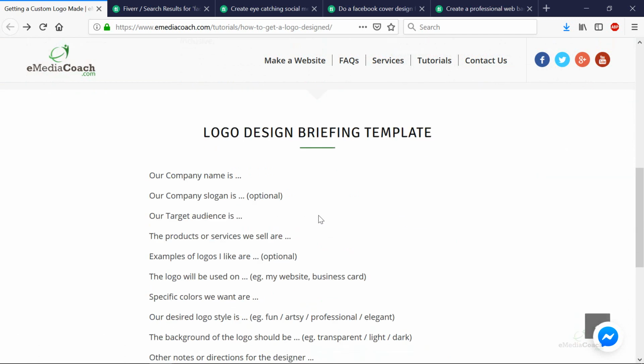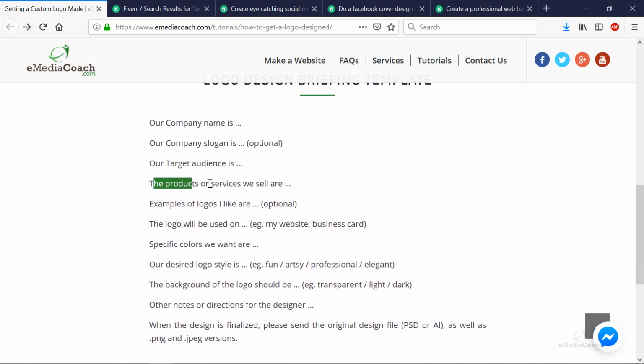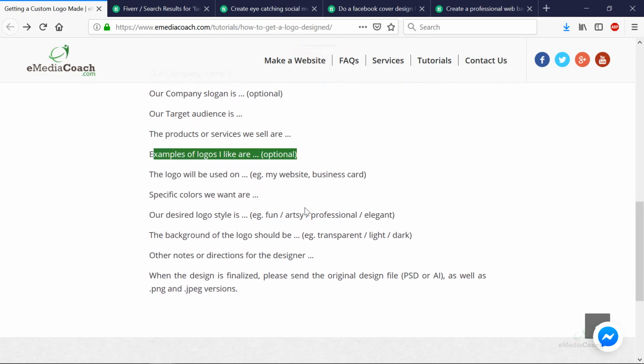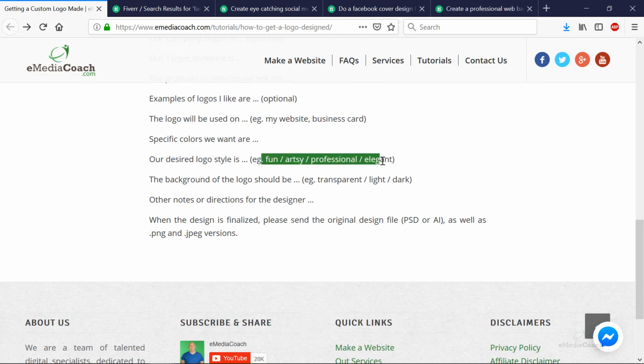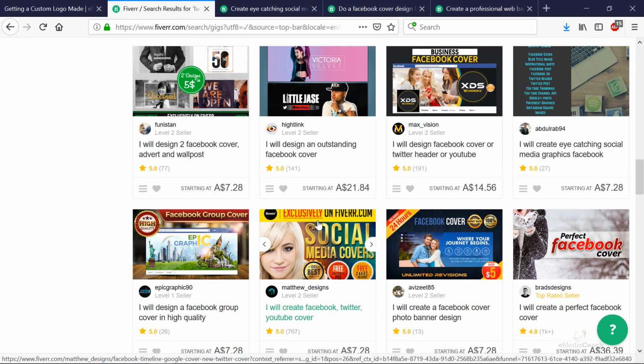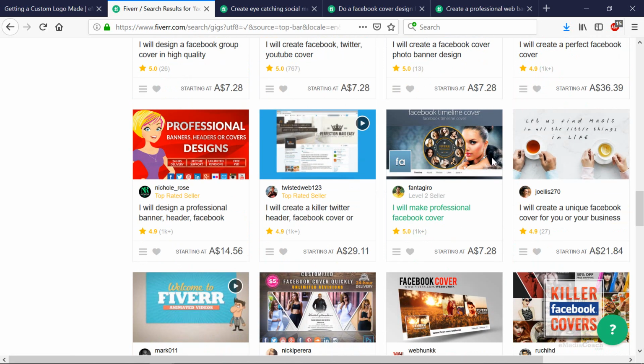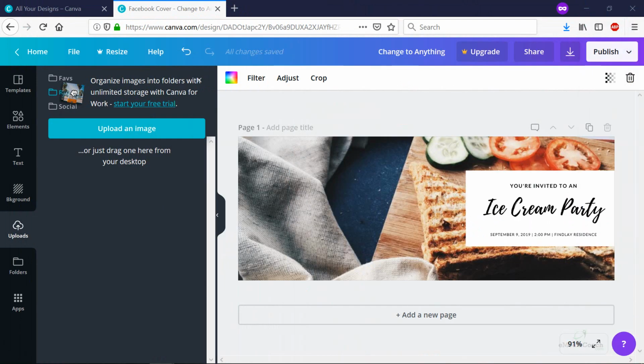Then you will need to provide them with a brief. And now a lot of this stuff also applies. So if you let them know what your target audience is, the products or services that you sell, examples of other Facebook cover photos that you like, example of your website, any specific colors, what kind of style you want, fun, artsy, professional. What they will be able to do is understand what you are after, interpret that information, digest that information, and create a professional and personalized Facebook cover for your Facebook business page,